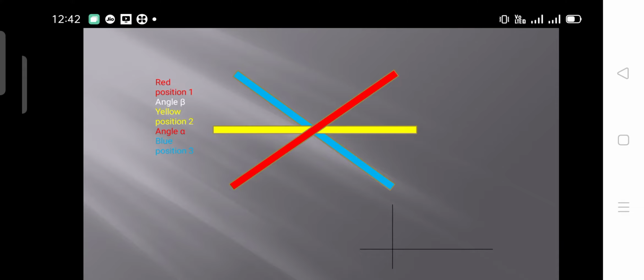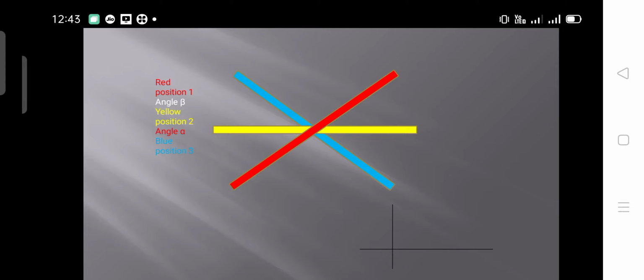Here, if you observe carefully, these three coils are placed at different positions in the magnetic field. Red one is considered as coil 1 in position 1. Similarly, yellow color represents the coil in position 2, which is the reference here, and blue one is the coil